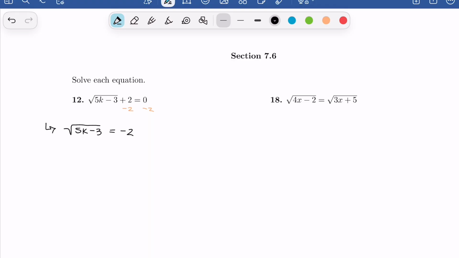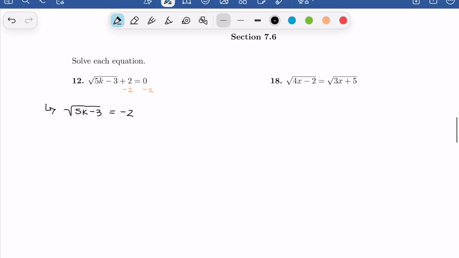Now, what we might want to do is go ahead and apply the power rule, so square both sides of this equation. However, we have to pay attention to what this is telling us. This is telling us that the square root of something is equal to -2. But we know that this can never happen. We're never going to have that the square root of anything is going to be -2. So this is an example where this equation has no solution. So in this case, the solution set is going to be empty